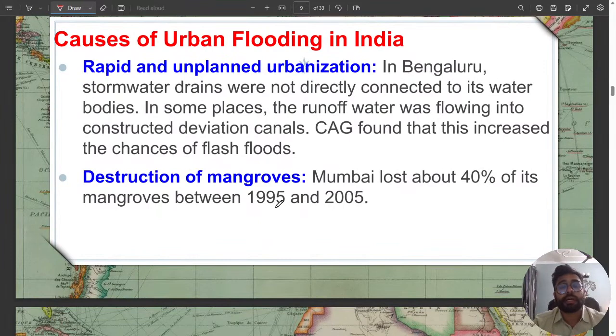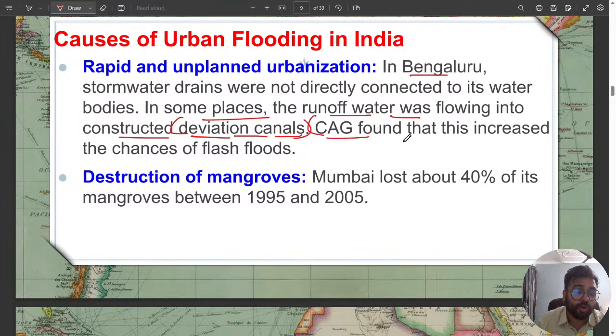Then guys, what are the other causes of urban floods? Rapid and unplanned urbanization. I have already elaborated on this, like how Bangalore is creating problems. Every year, Bangalore and the city of Chennai are facing floods. In some places, the runoff water was flowing into the constructed deviation canals. That means this is what I explained at the start of this video. And then the CAG, our Comptroller and Auditor General, has found that this